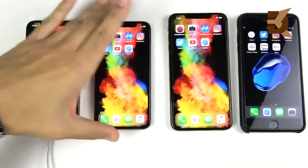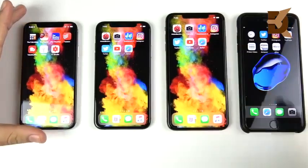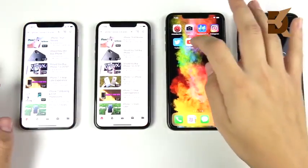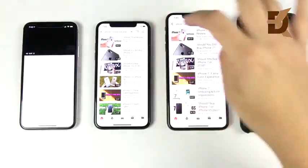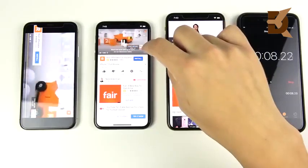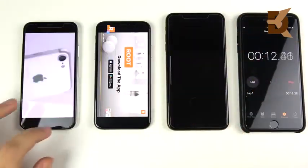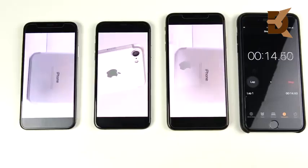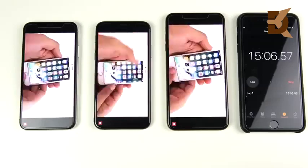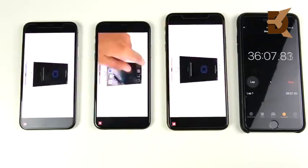Let's unplug these models and get started with our first test. So the first one is going to be an hour-long streaming of YouTube. I'm going to begin here on all three, and really what we're going to see is how much battery does drain after this first video, because video is one of the biggest drains that you can get on your battery. Not things like social media or just some quick browsing, but video really does put a lot of stress under this battery. So during this video test, keep in mind that the iPhone XS Max does have the largest display,